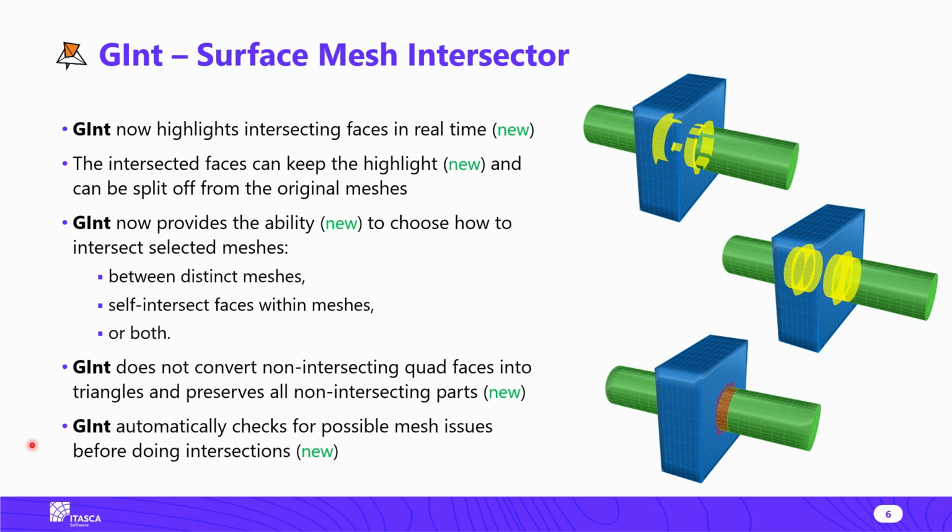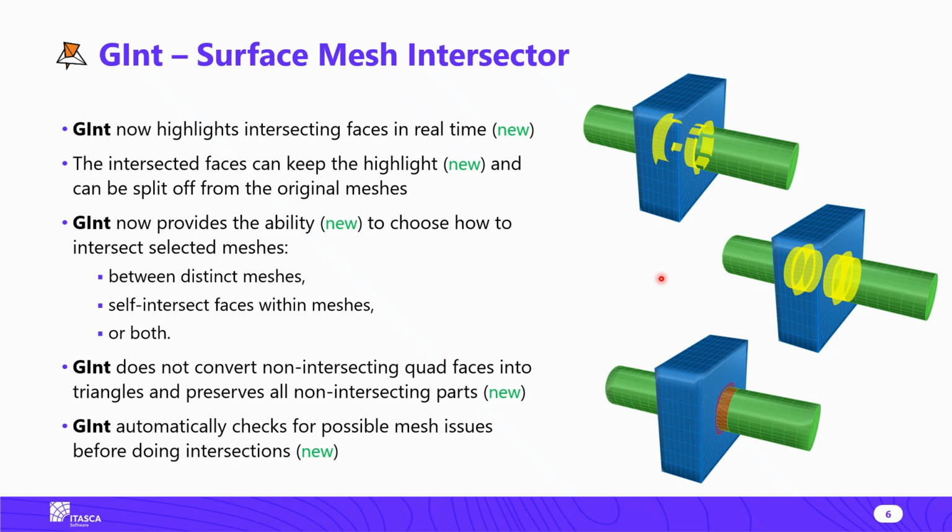However, now we rewrote GINT, so it is a two-step intersector. On the first step, it only detects and highlights intersections as shown here. You can see that this cylinder is not fully intersecting the box. As we can see, highlighted intersections are kind of broken, but when we adjust tolerance, we can make full intersection between cylinder and the box. So knowing that we got full intersections here, we can use this tolerance to actually proceed with intersecting and modifying